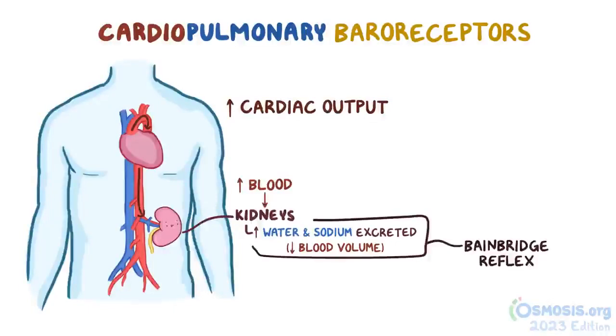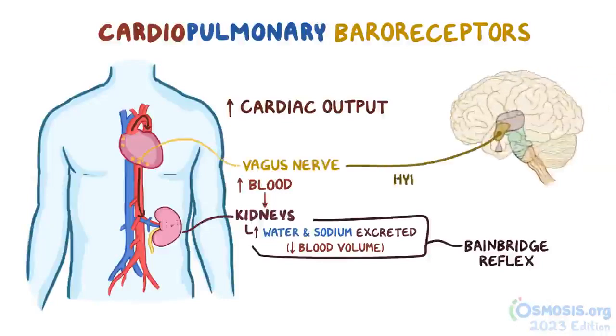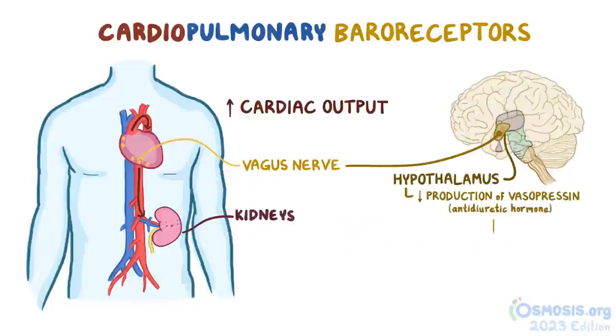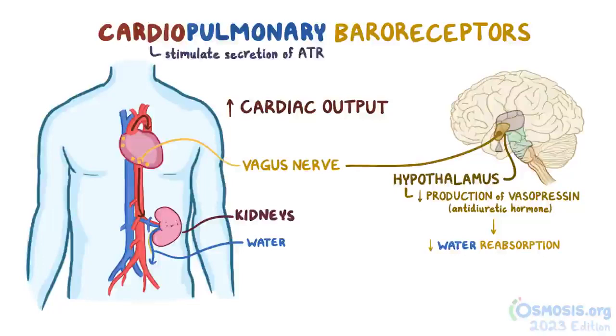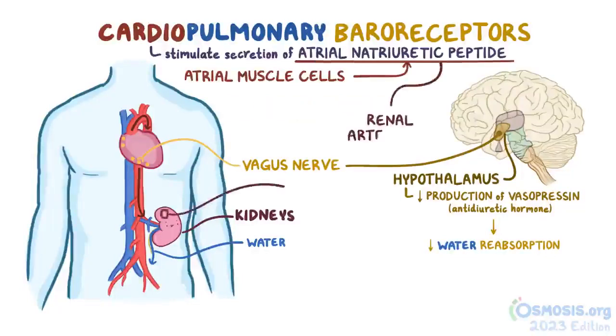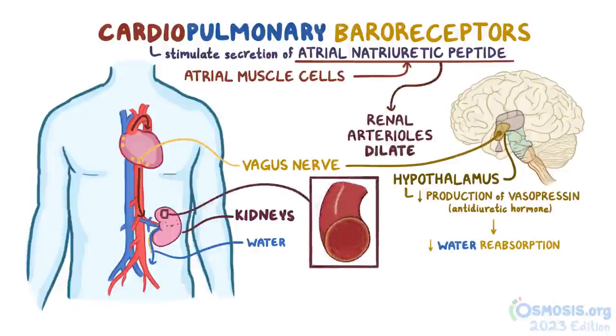In addition, when cardiopulmonary baroreceptors sense high blood volume, they also send their signal via the vagus nerve to the hypothalamus of the brain, telling it to reduce the production of vasopressin or antidiuretic hormone. This results in decreased water reabsorption from the kidney, letting more water get lost in the urine. Cardiopulmonary baroreceptors also stimulate the secretion of atrial natriuretic peptide, which comes from the atrial muscle cells. ANP causes renal arterioles to dilate, allowing them to receive and filter even more blood, while also inhibiting water and